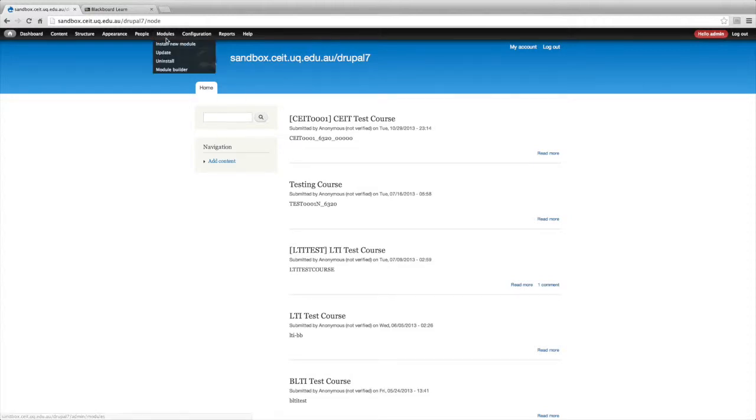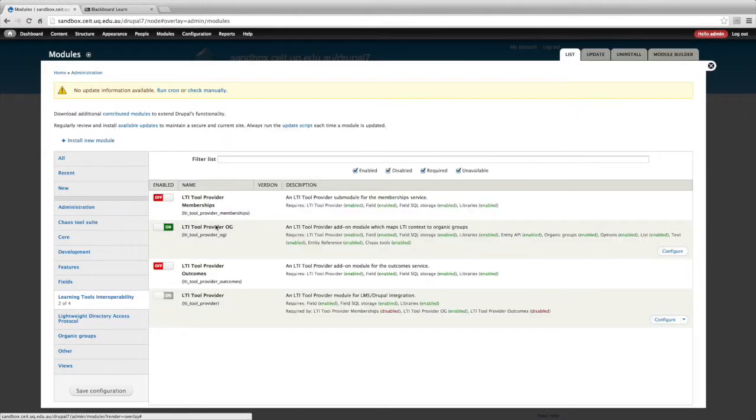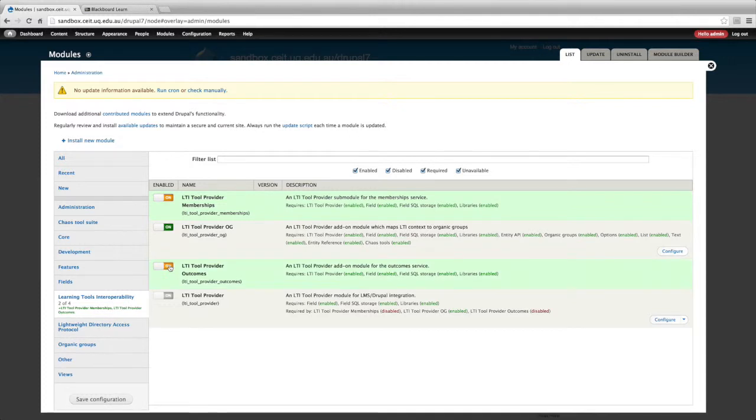And so let's look at the other submodules. As well as providing the group functionality, we also provide the ability to deal with the memberships extension, which has been implemented in the Ocelot building block for Blackboard, and the outcomes service. So if we enable both of those, we don't get much additional